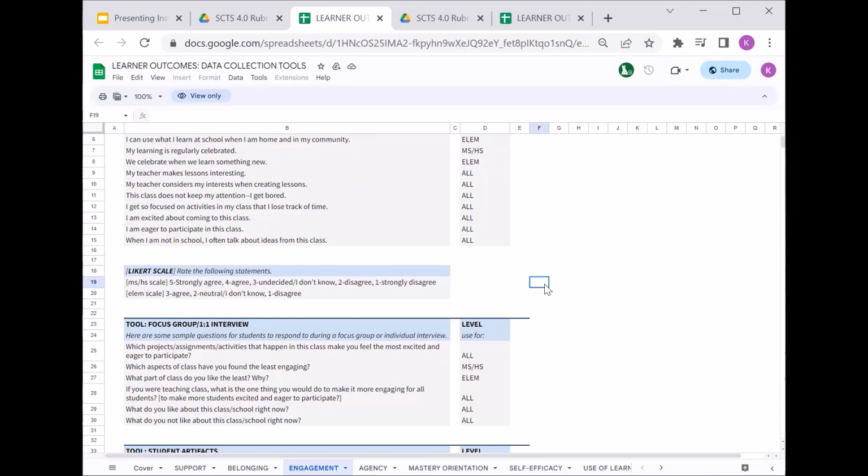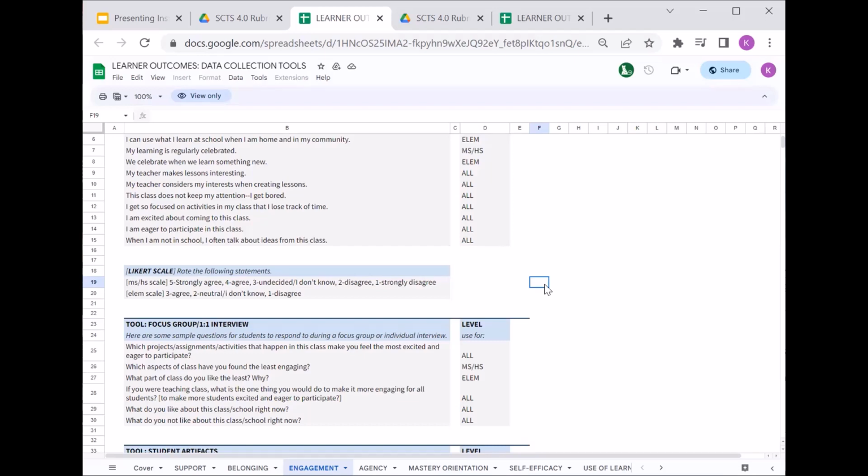After making the survey, I would give it to one or all of my classes, depending on what I was trying to measure. Once the survey results are in, I could analyze the data by myself, with my coach, or with another colleague to see what I notice and wonder about what my students are saying regarding their level of engagement. If I need to follow up and do some small group interviews, I could. Then I could use the data to make some changes to my instructional practice based on what my students said.